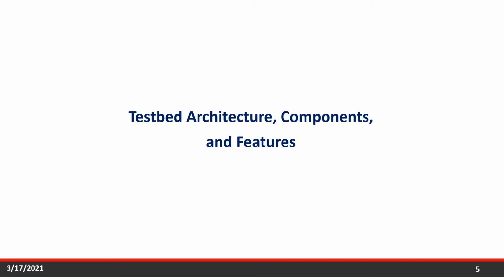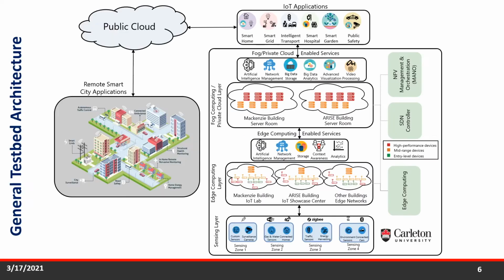In the following slides, we present the testbed architecture, components, and features. First, we start with a description for the general testbed architecture. As can be seen on the right side and within the large black rectangle is the IoT research lab inside Carleton University campus. On the top of that, different IoT and user applications could be deployed with the help of the public cloud in the different fields including smart home, smart grid, intelligent transportation, smart hospital, smart gardening, and public